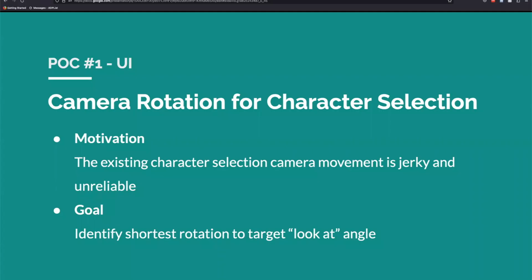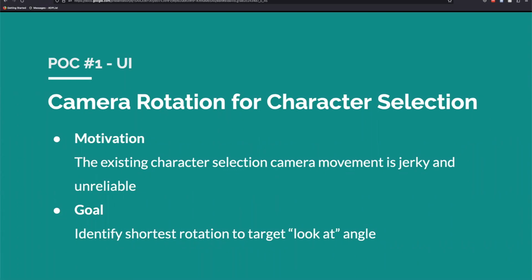So I've got 3 examples that I want to share, 3 examples of proof of concepts that I did in the past. This first one is UI related. The game provides you 6 characters or guilds to select from before you jump into the battle against the other 5. Initially, the guild selection was very basic and uninteresting. And then I received several feedback echoing that sentiment.